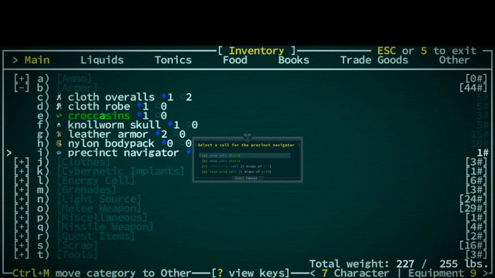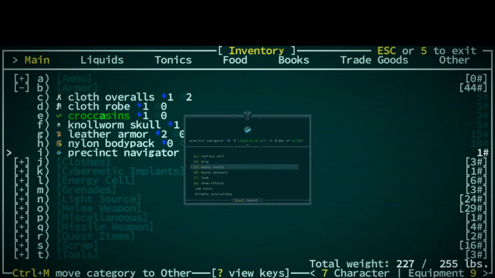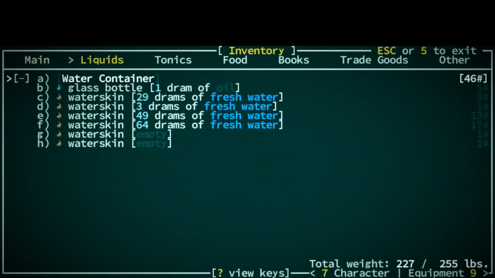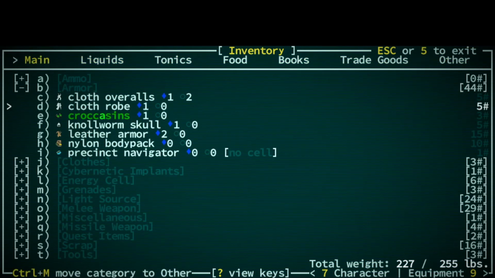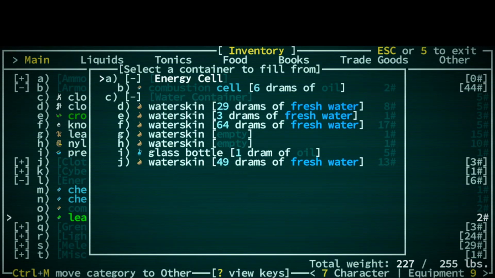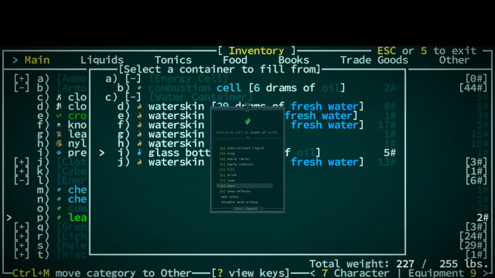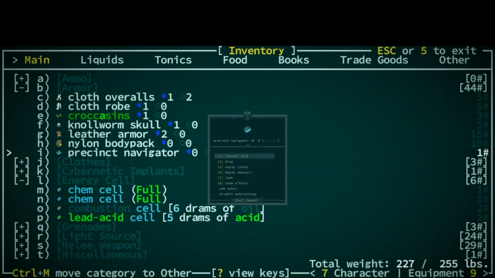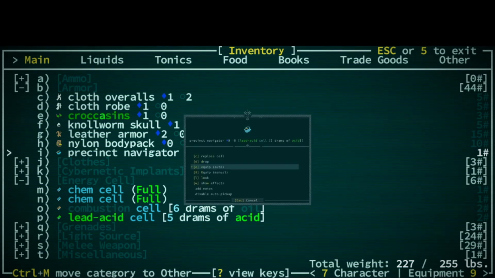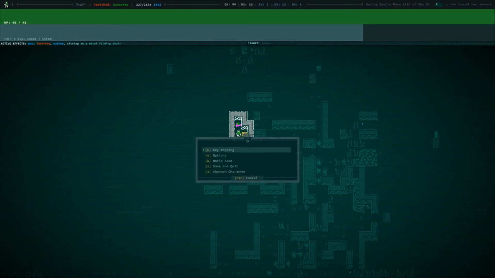I'm tempted to do lead acid cell because I think it'll last basically forever. So let's go ahead and do that, and I can refill it with acid. Actually, let's pull that out just for a second. I'm tempted to make our other energy cells. We can fill this. Do we not have more acid? No, this is what, okay. I thought we had a thing of acid, but what I thought was our thing of acid was a lead acid cell. So never mind. We'll go ahead and fill that up. And then we're gonna go ahead and equip that. And now we have